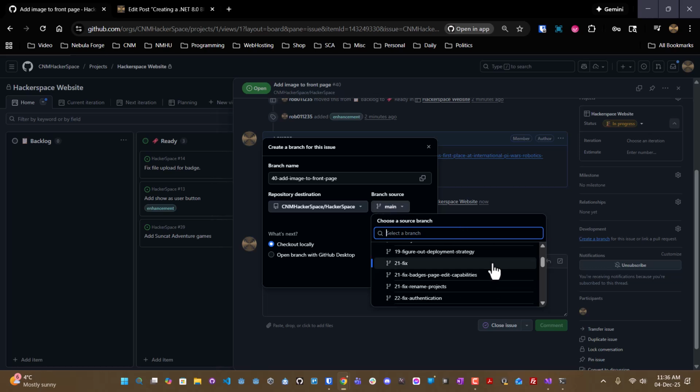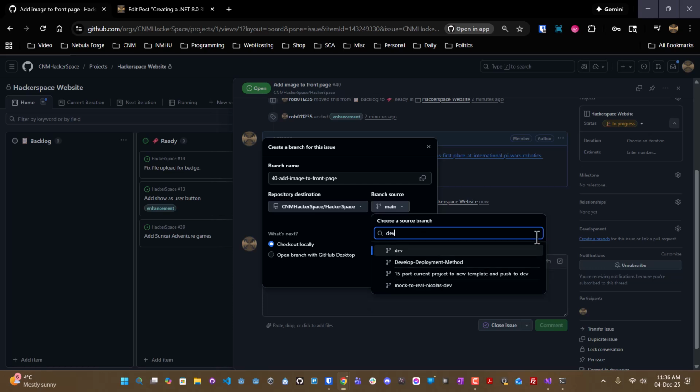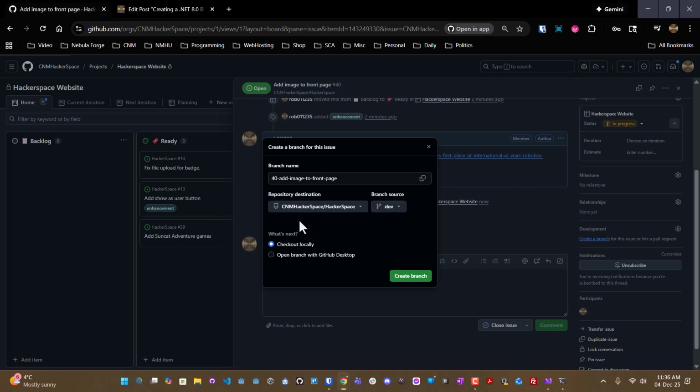Now, the other thing that we're doing, rather than going off the main branch, which is the main deployment branch, usually in development there is a dev branch, and then there's also a QA branch. So QA is for testing, dev is where initial development gets done. So this saying, hey, let's make this branch is going to be a copy of the dev branch,